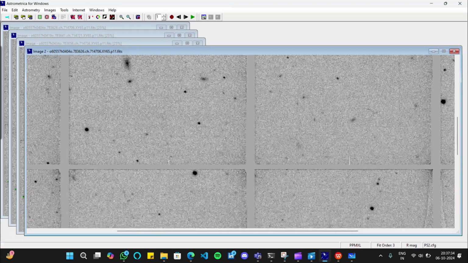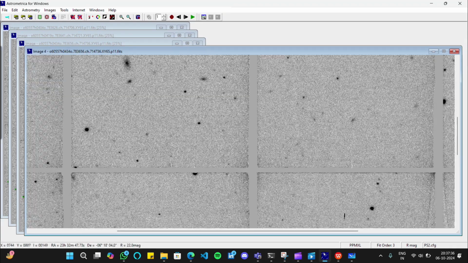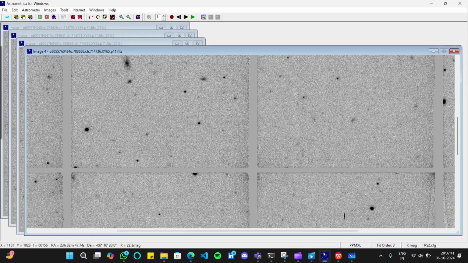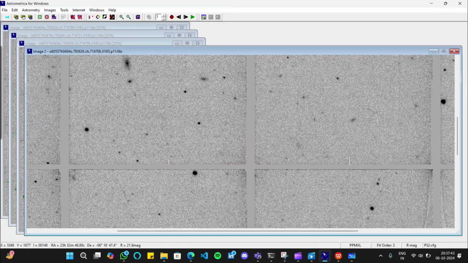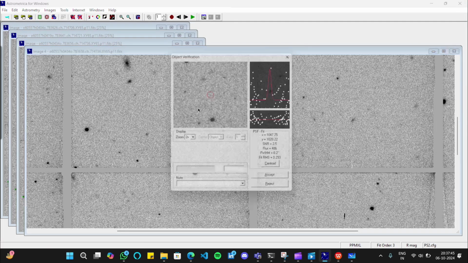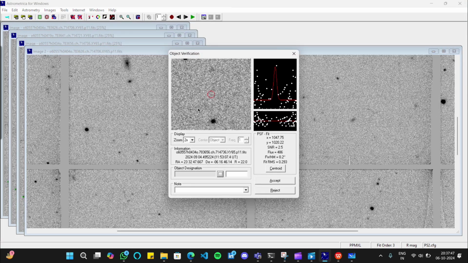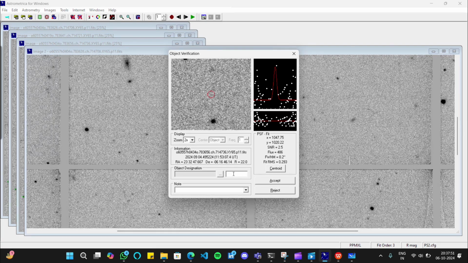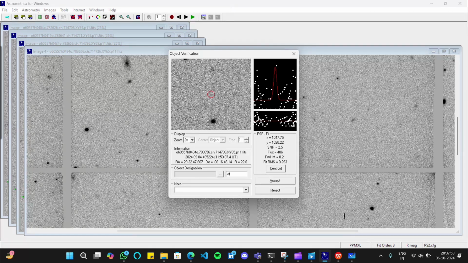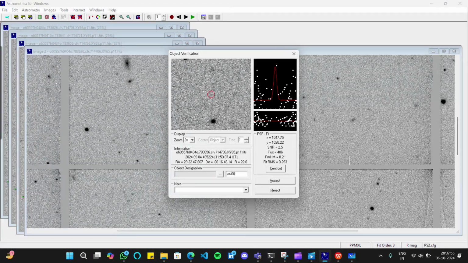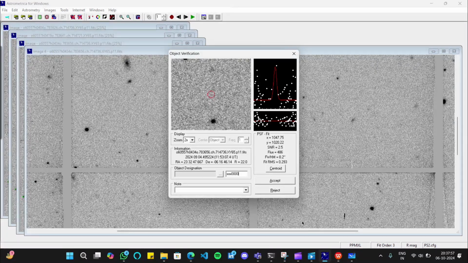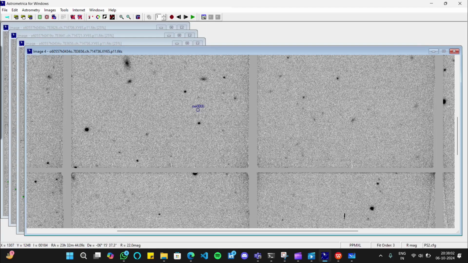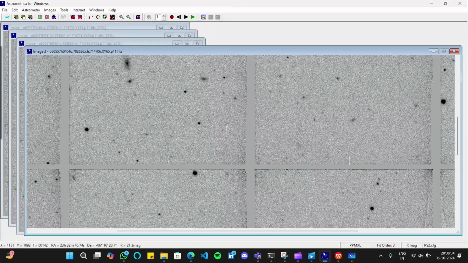So let me come to the point. I was telling that suppose here no asteroid, no moving object is being found. So what to do next? You have to click anywhere here, whether it is a moving object or not, and name it like I told, triple X and 40. Done. Then click on accept. Here you can see accept.